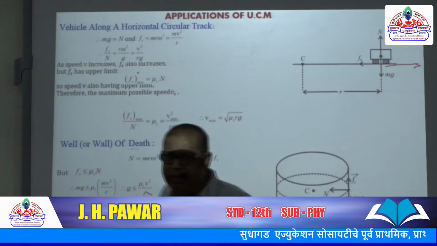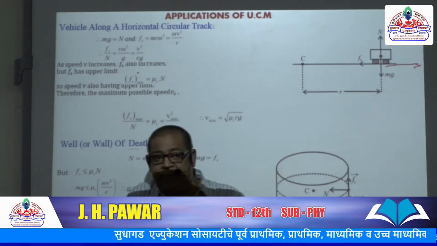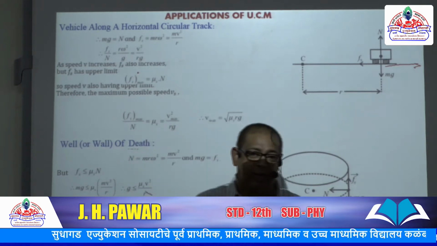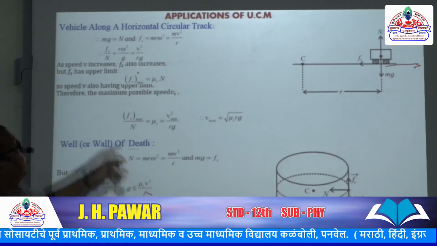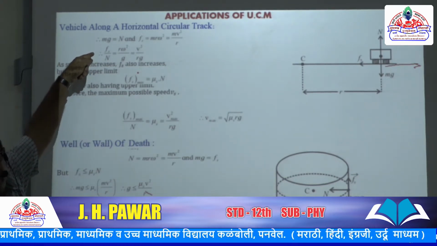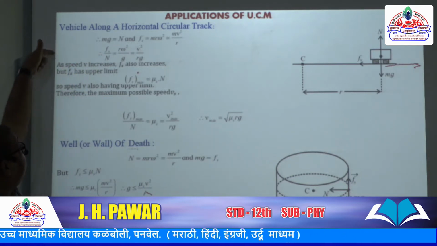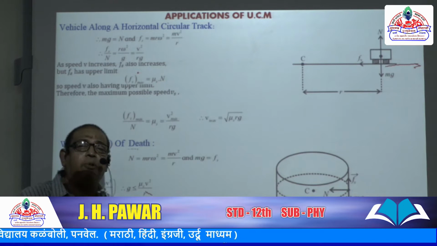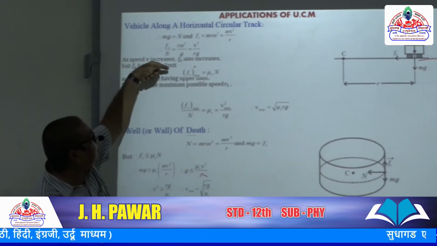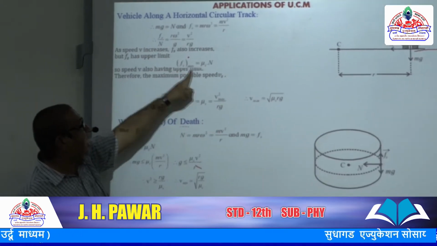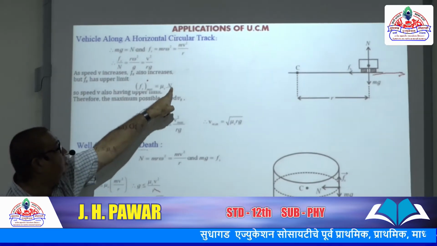But we know that the force of friction has its upper limit. It is not possible to increase the force of friction beyond a certain limit. So when the force of friction comes into limiting equilibrium, thereafter it goes on decreasing. Then if we consider the upper limit of the force of friction, the limiting force of friction can be taken as μs into N.